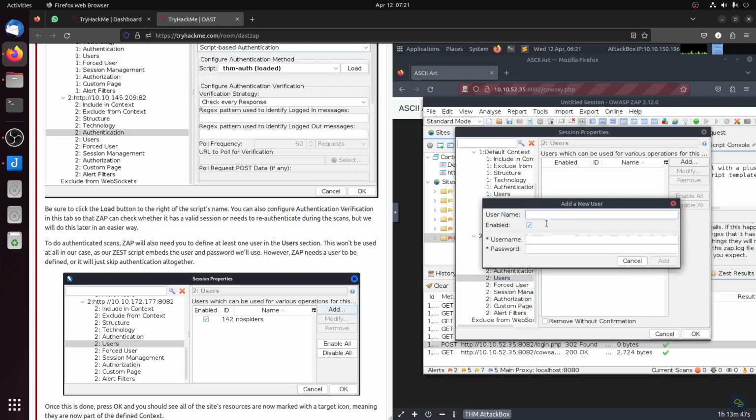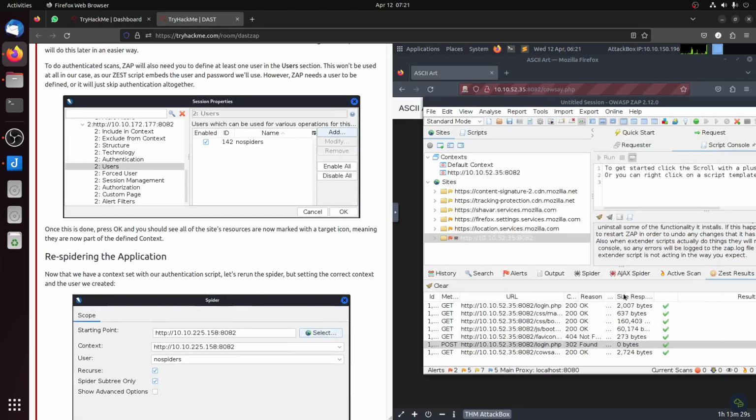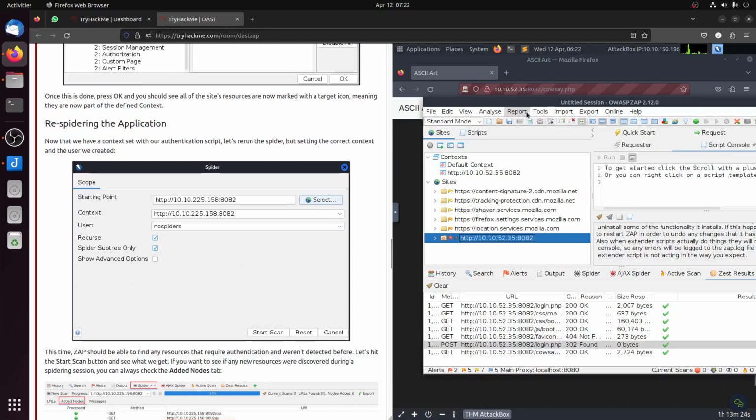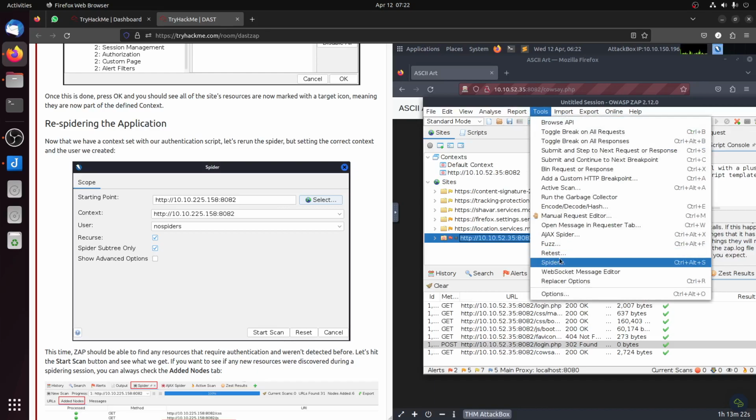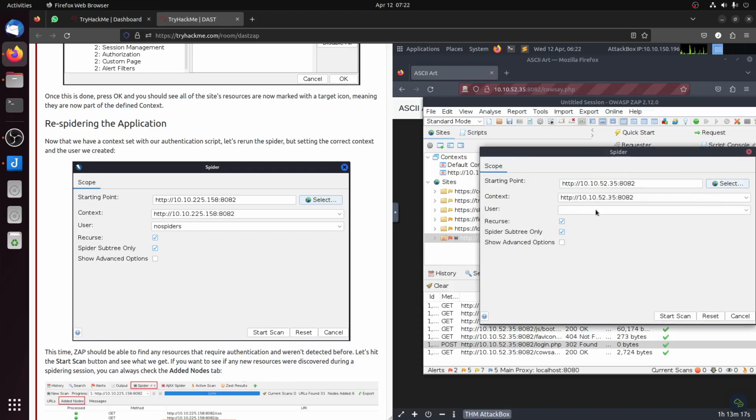We need to add the user. That's what we have now, nospider. So we can add that, the same username and password, nospider. Okay, we add, then we press OK. So we have the context that we'll use. Now let's spider the application. Okay, we can go tools, spider, we get that. In this case, we go to user nospider,